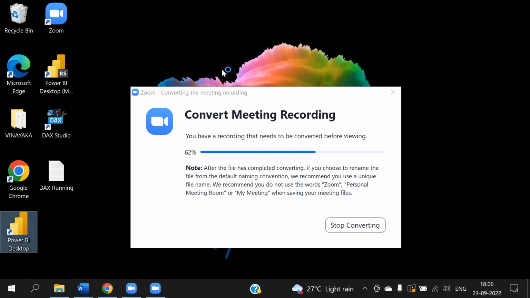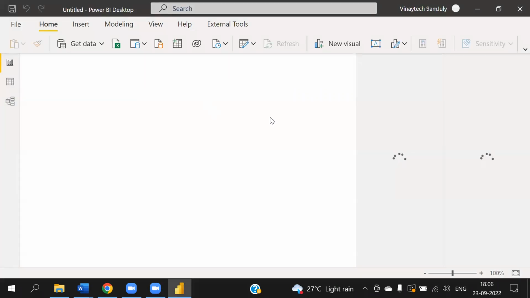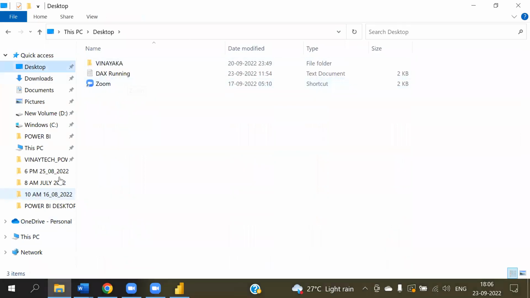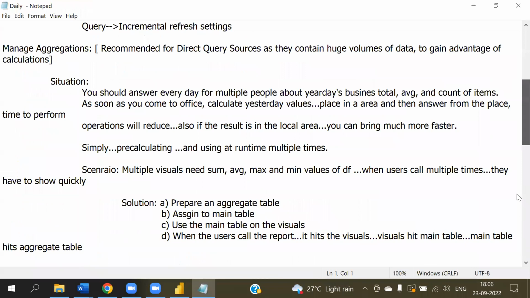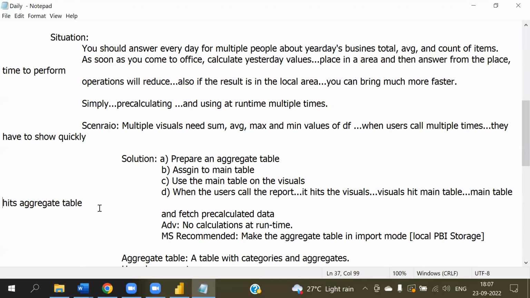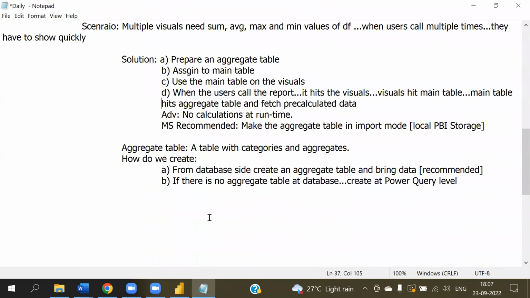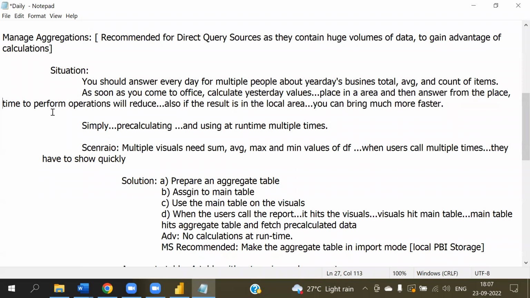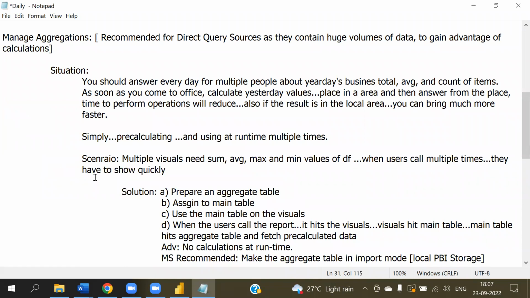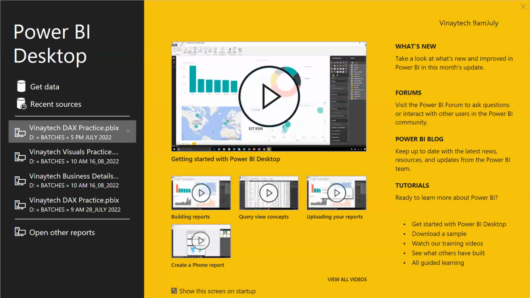So we are in the data modeling concepts. Manage aggregation successfully completed. Even aggregate table creation and incremental refresh also explained. Right. The next topic is